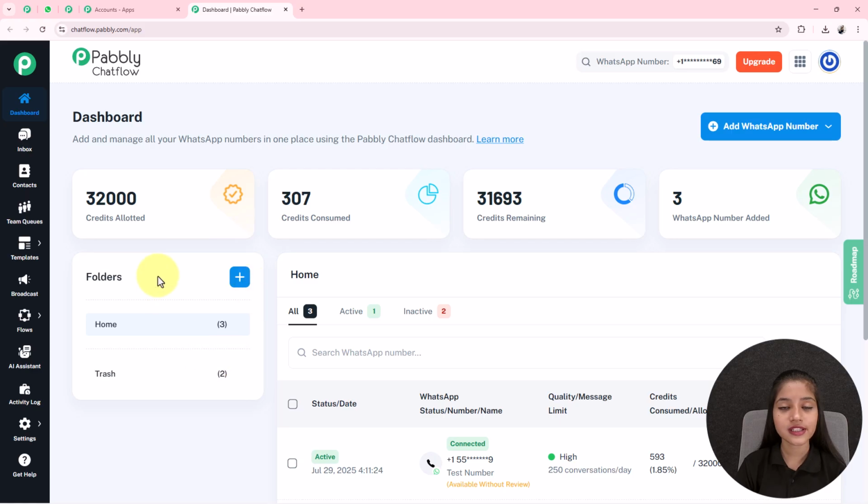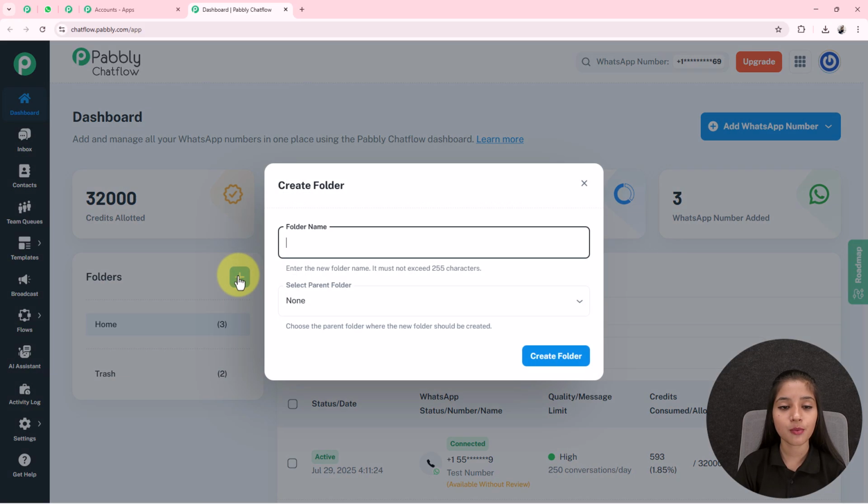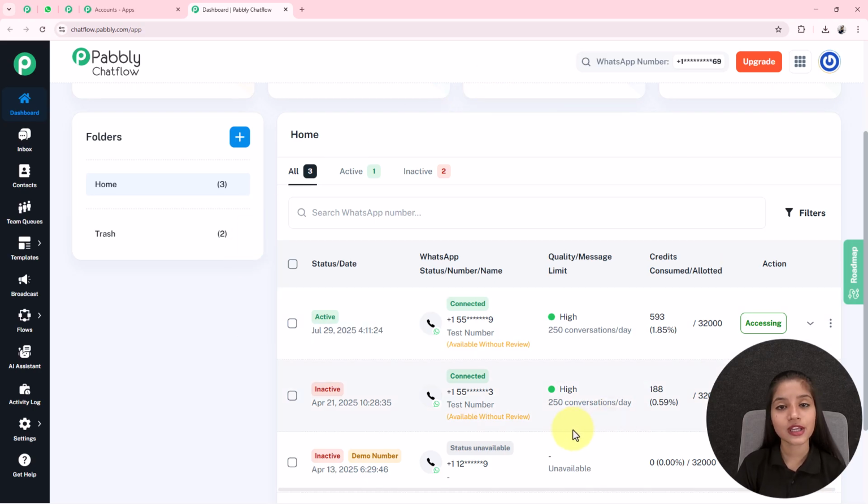Now in this folder section, you can create multiple folders in your Pabbly Chatflow account by clicking on this plus option, where you have to provide the name of your folder and also select the parent folder from here. And in this home section, you can see the status of your WhatsApp numbers that were added into your Pabbly